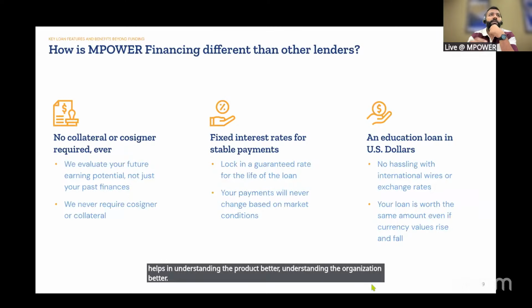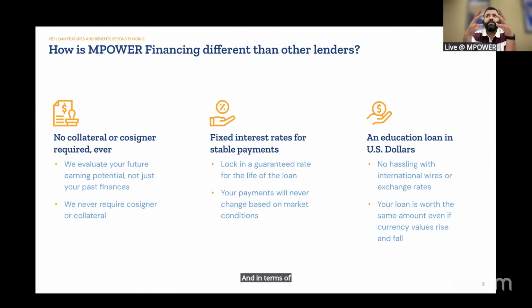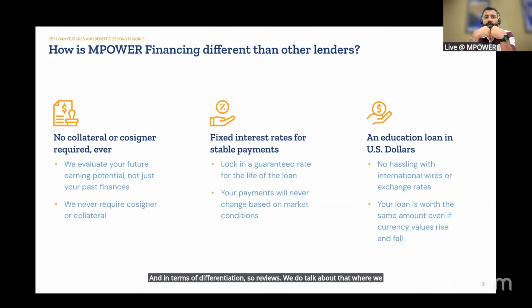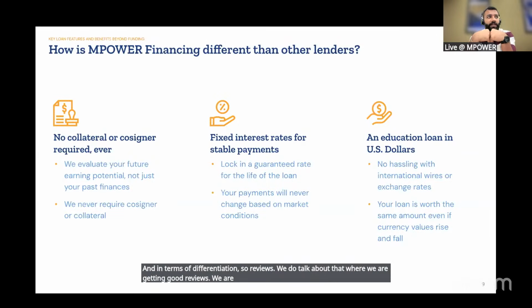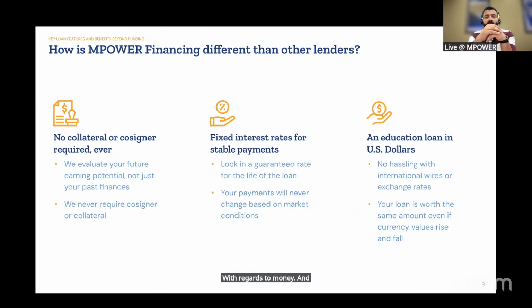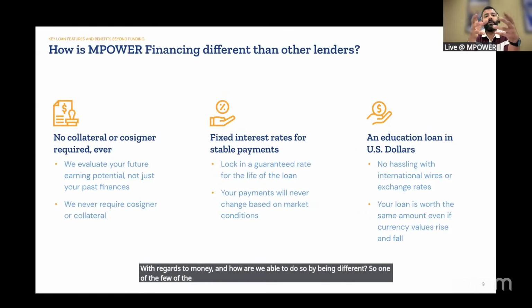And in terms of differentiation, we do talk about reviews, where we're getting good reviews. We are able to help a lot of students, giving them good experiences with regards to money. And how are we able to do so? By being different. One of the key reasons for how we are different from other lenders is what you see on your screen.